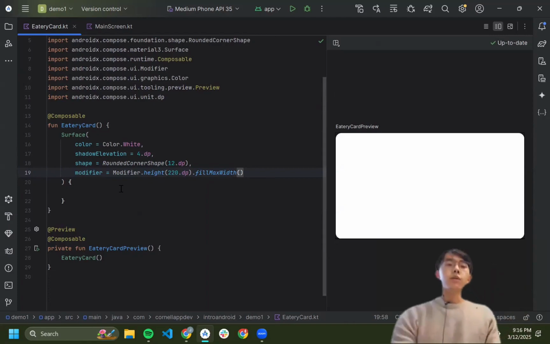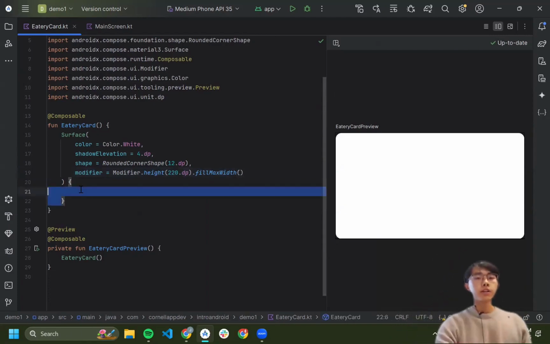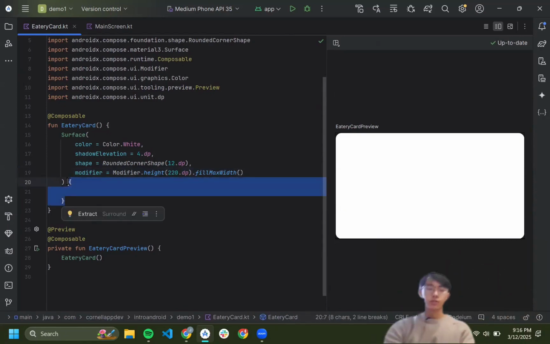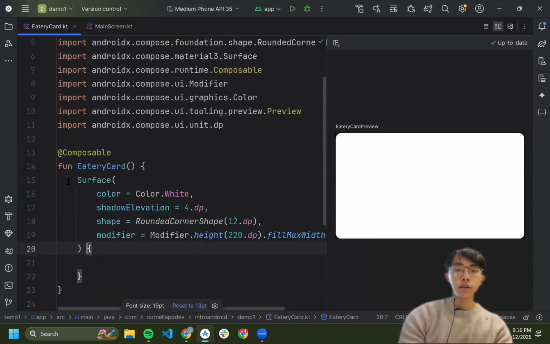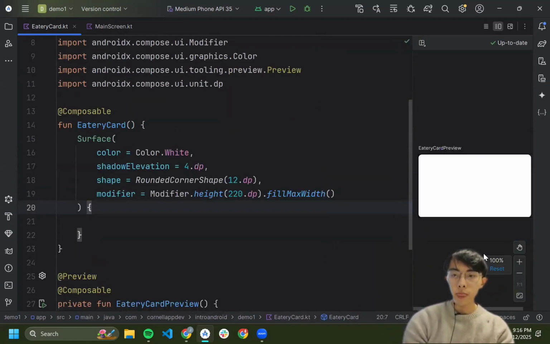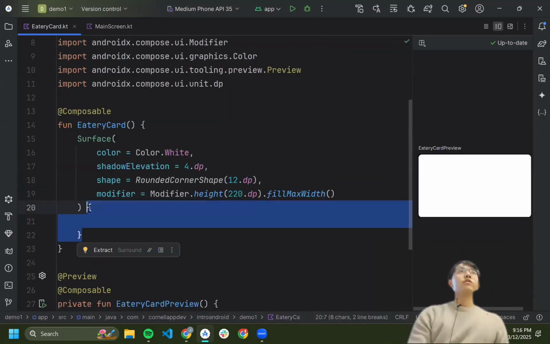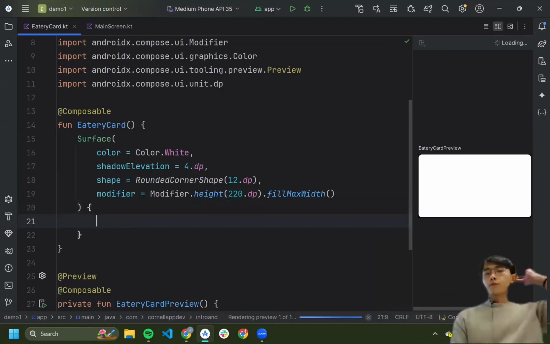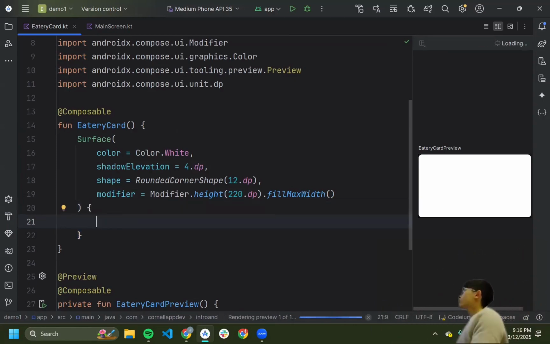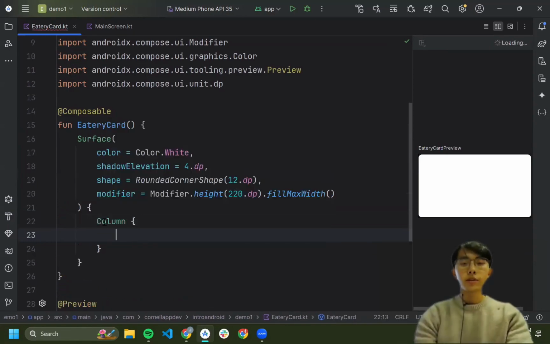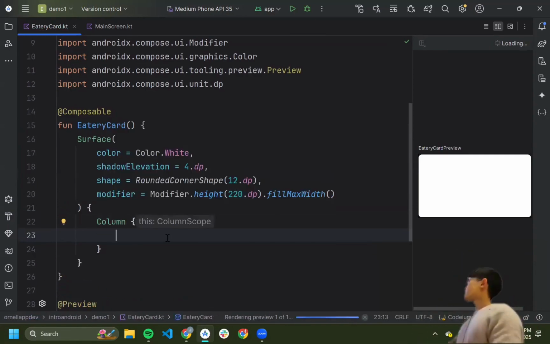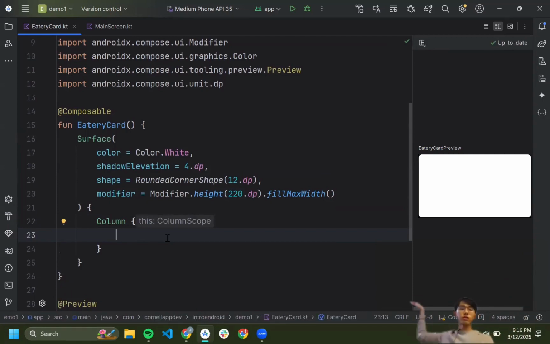Okay, cool. So now in order to put things in the surface, we'll go into the body here. So this function here, this open close curly brace, let me expand this a little bit. Inside the curly braces here, this is where the body of the component will go. So if you want anything to appear inside of the surface, you'll want to put it inside of these braces here. So for now, in order to make something split vertically, we'll use a column. This is sort of hinted to you on the handout. So if we add a column here, then we're basically saying that everything inside of the surface, if we put it in this column, will be ordered vertically.